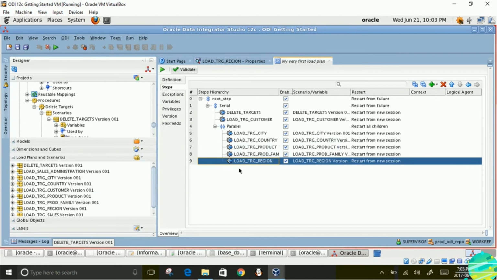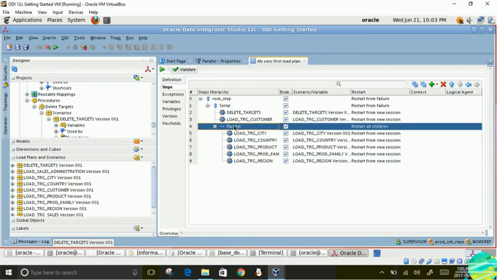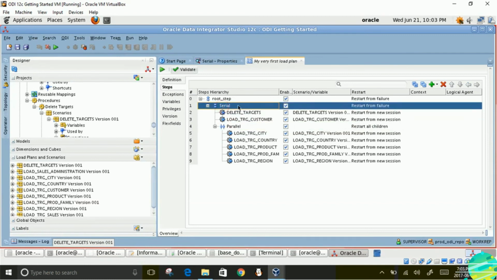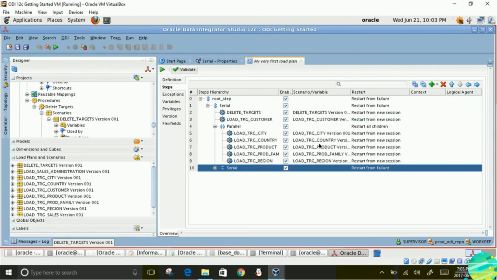Transaction tables population should start only after these tables are populated. That means there should be a serial step after these parallel steps got completed. So go back here, click on serial, click on plus and add another serial step and add scenarios to this serial step.